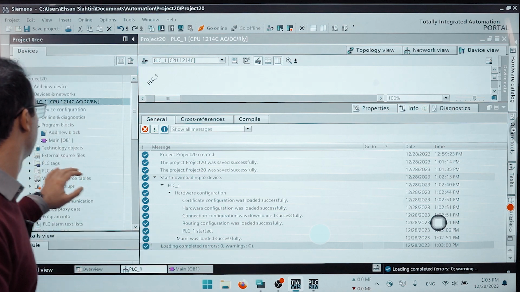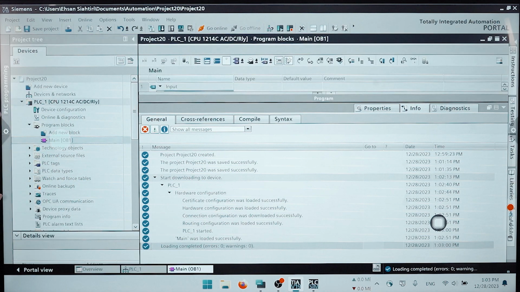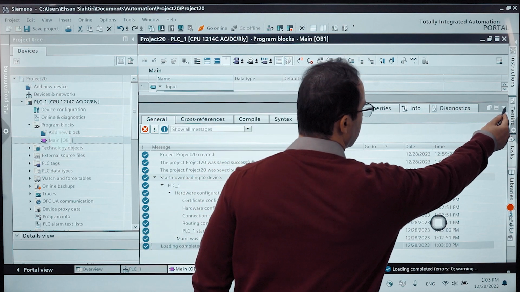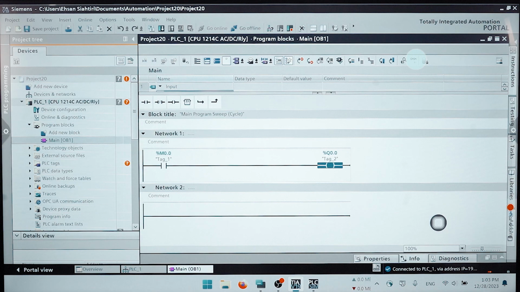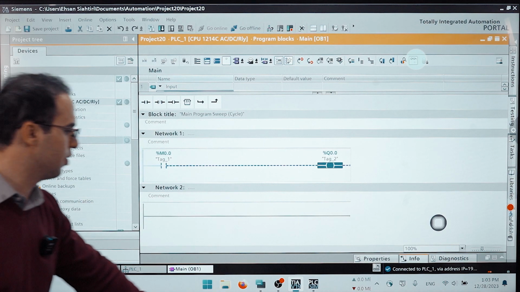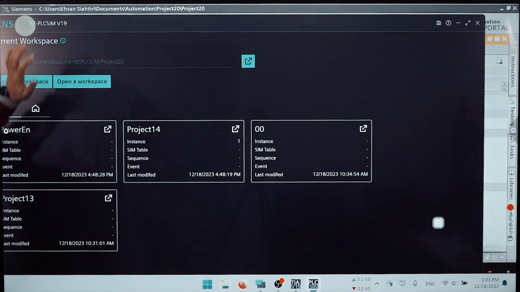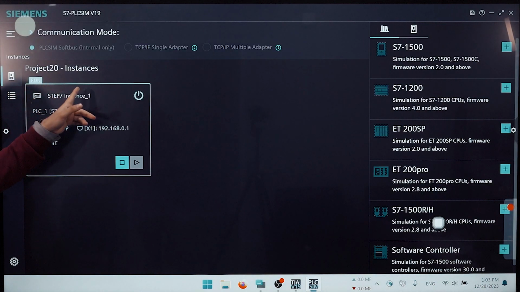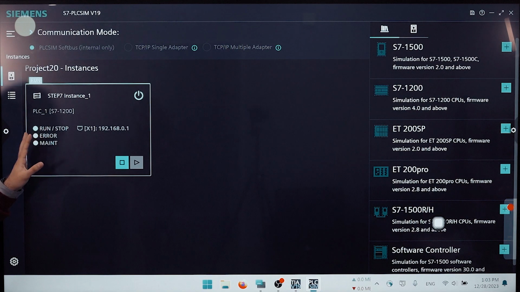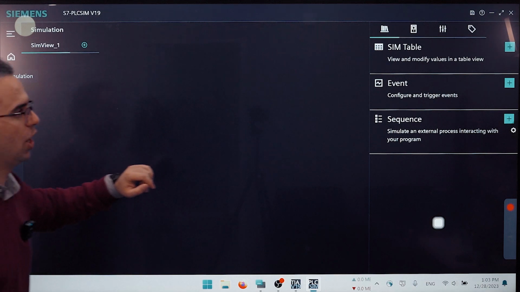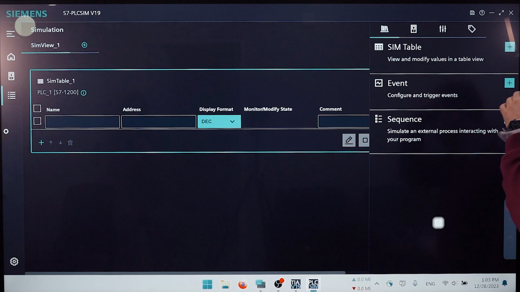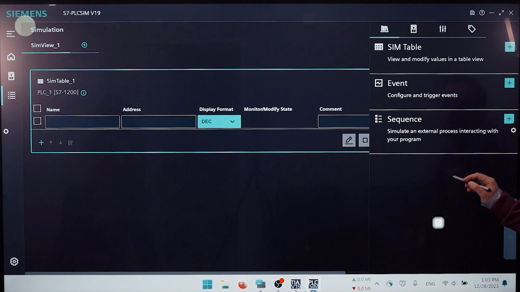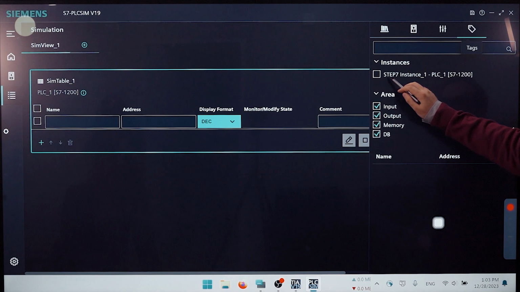Now I can say our PLCSIM is ready. You can go to OB1 here and you can see that it's perfect. So I will go to PLCSIM. We can see our PLC here, the 1200. We are using Ethernet, and in this part I have to use a SIM table because I want to monitor our tags. So here I will choose tag and